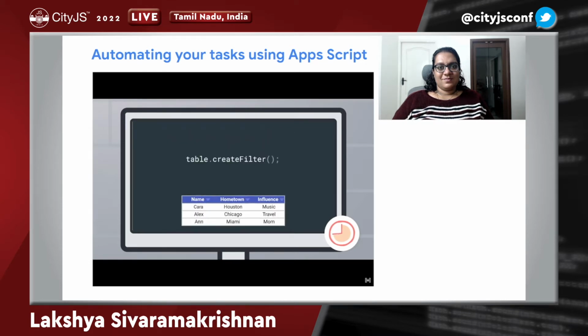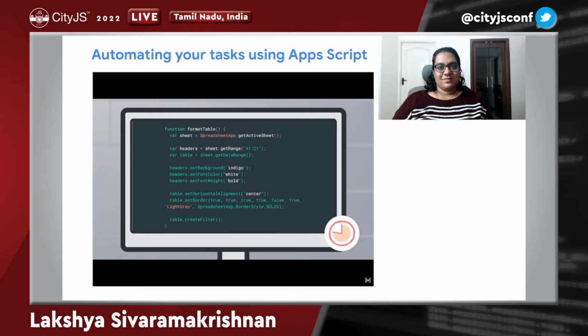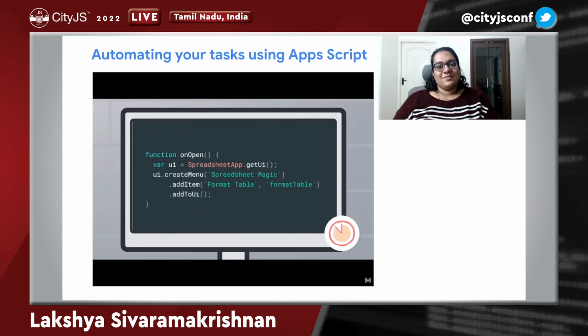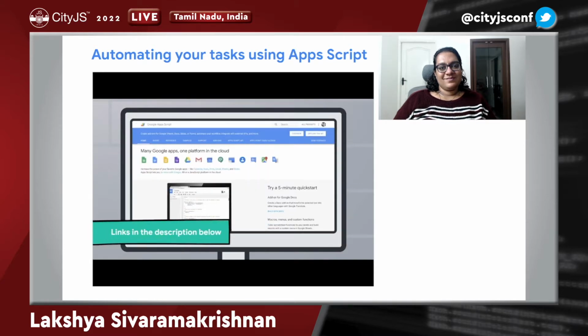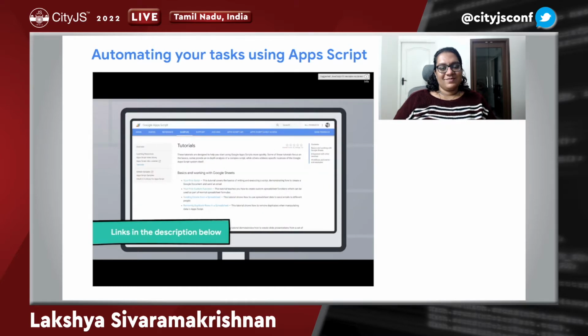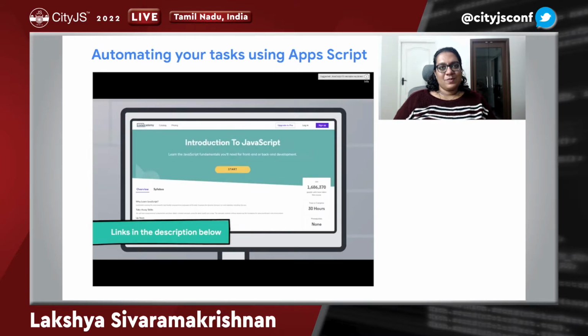And if we want to make it easy to repeat all this again, we can add a custom menu to the file. Just wrap our formatting code in a named function and configure the menu in an onload function. Next time we open the file, all we have to do is click the custom menu and abracadabra, repeatable code. We've barely scratched the surface of all the cool things you can do with AppScript. Check out the API to see the available methods and step through a tutorial to help you get started.